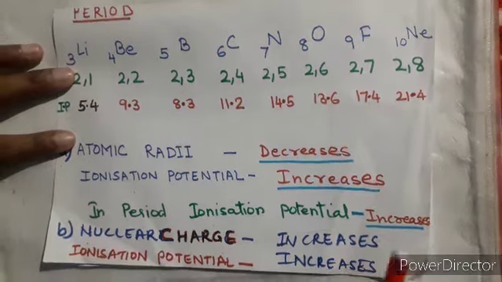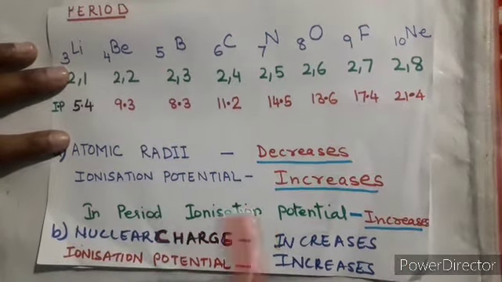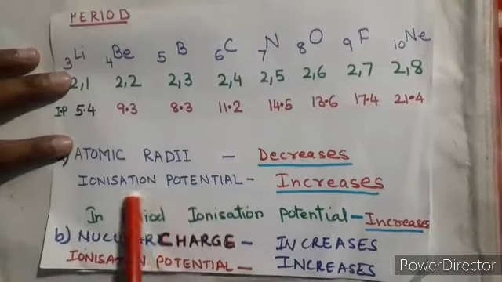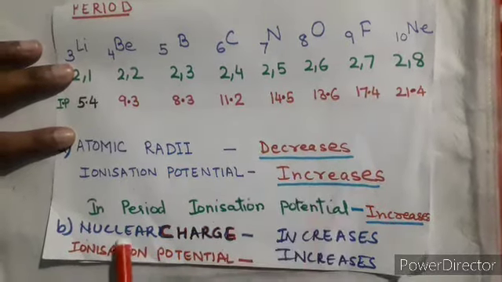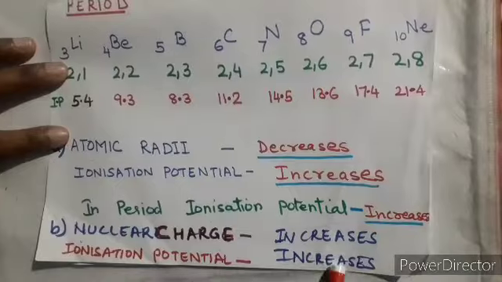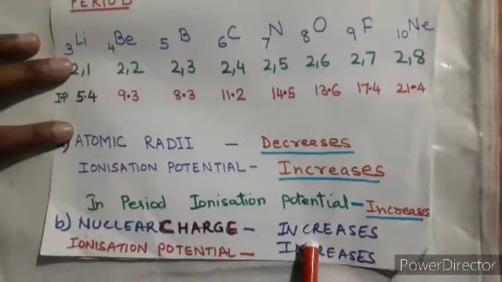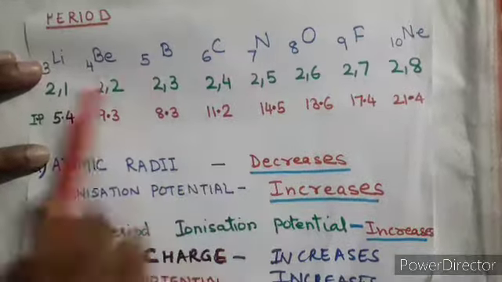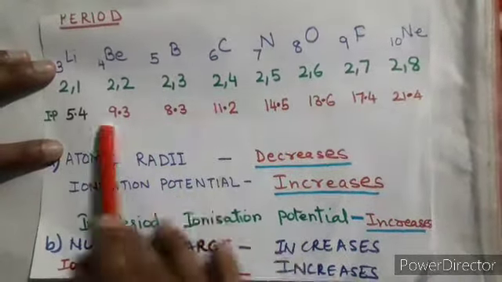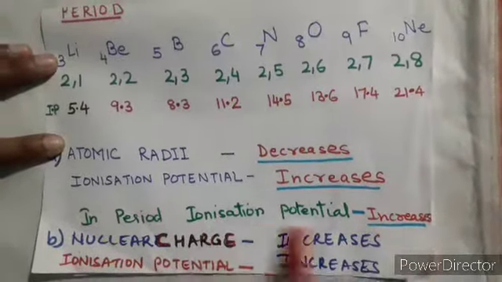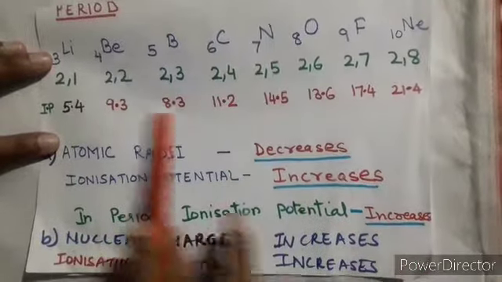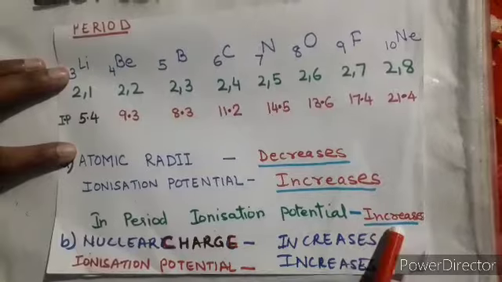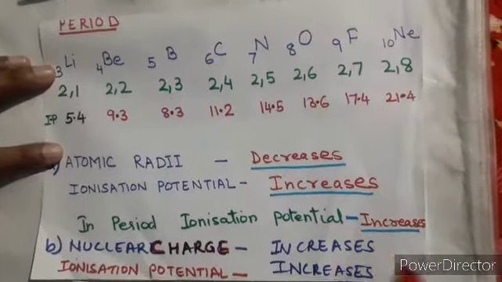Now you are getting the answer. Just see over here that in the case of atomic size or atomic radius, ionization potential is increasing. Similarly with nuclear charge, it also increases. So in both cases you are getting an increase. So when you move in a period from left to right, the ionization potential always increases. So overall, what will be the answer in the case of a period? You are getting an increase. Keep in mind that in periods the ionization potential is increasing.